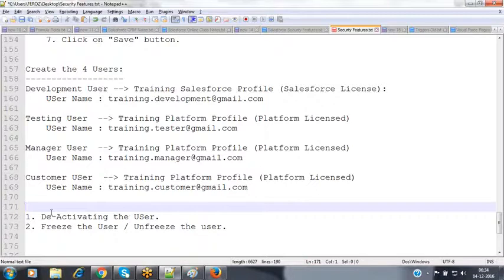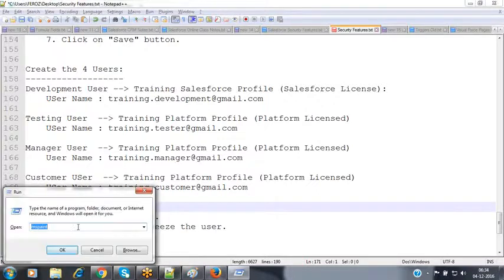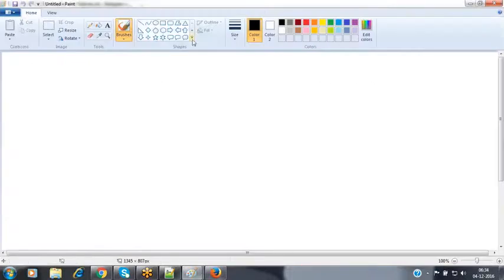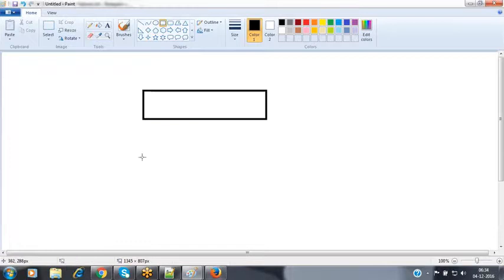Assume that I have my organization, I have my team. Inside my team, I have 3 members: user 1, user 2, and user 3.